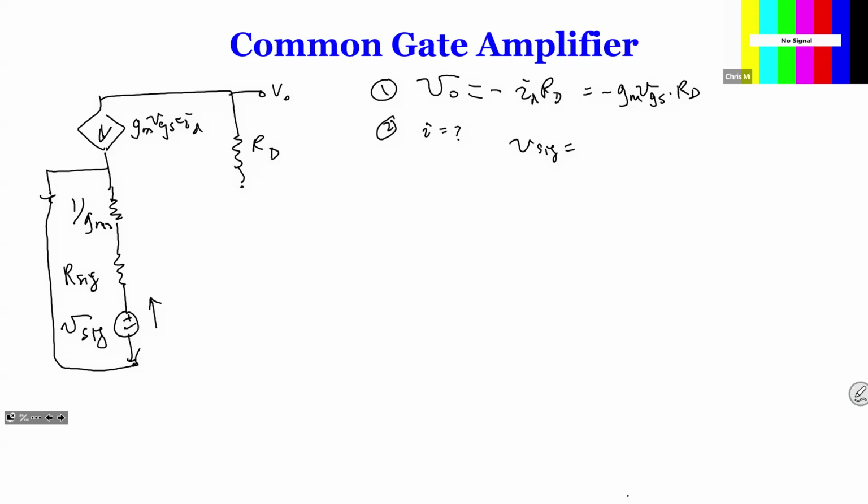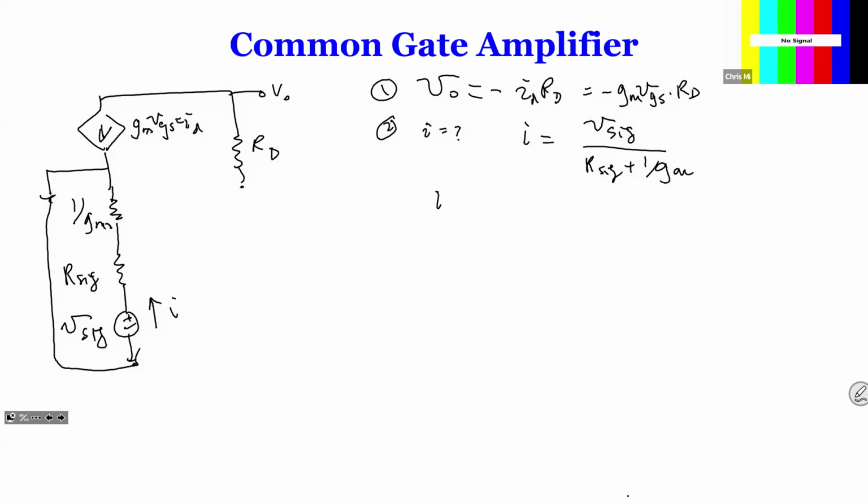So what we're saying is I equal to vsig. Let's call this I. The up one we call it ID. Now we call it I, so it should be fine. So equal to vsig over RSIG plus 1 over gm. So from here,